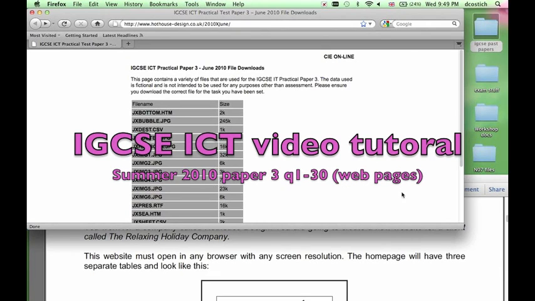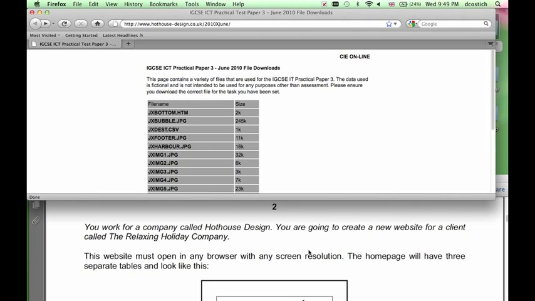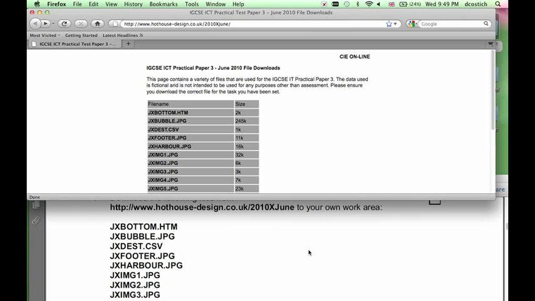Hello. In this section, we're going to make a website for a hothouse design. The first thing we need to do is download files from the website. So in our browser, we need to type in the URL, and when we get this page, we need to download each file one by one. So to download the file, right-click, Save Link As,